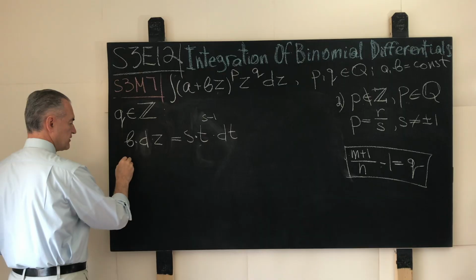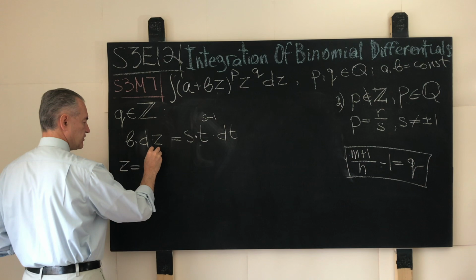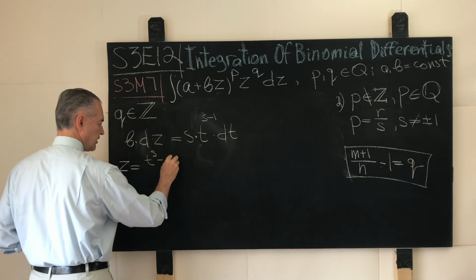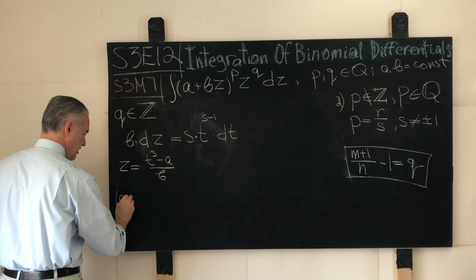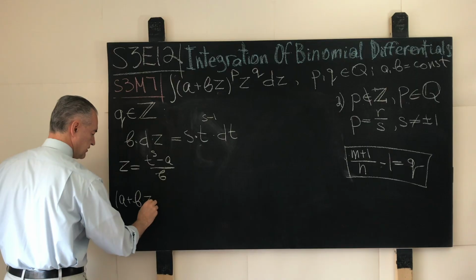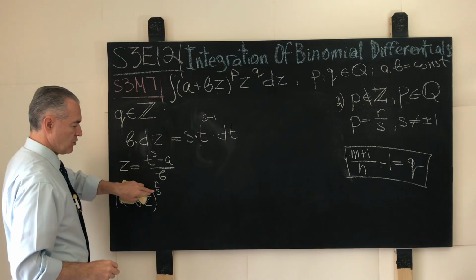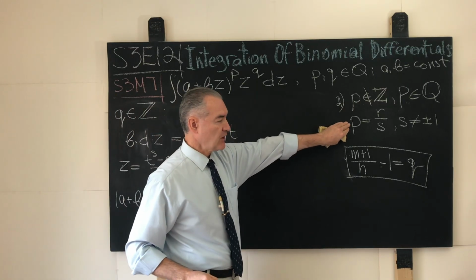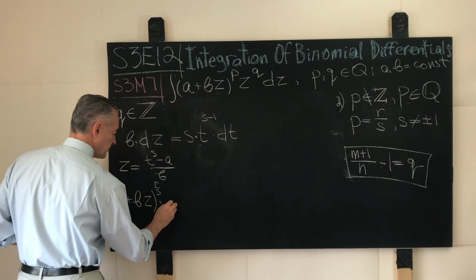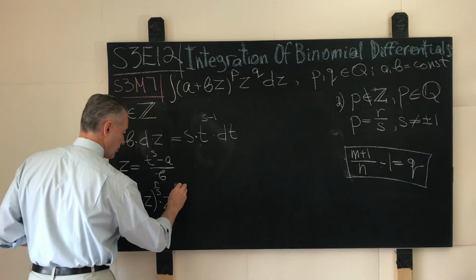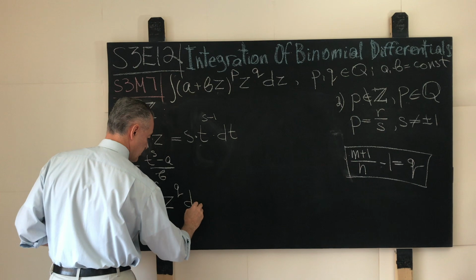And we remember that z in this case came out to be t raised to the power of s minus a, over b, and then our expression here, a plus b times z raised to the power of r over s, because remember, r over s is our genuine rational number p, times z raised to the power of q, where q is a whole number by the temporary assumption, dz,